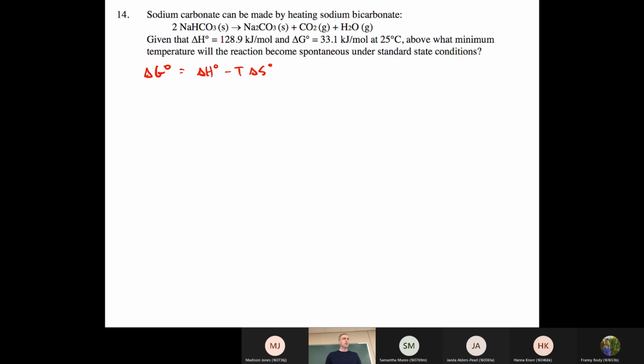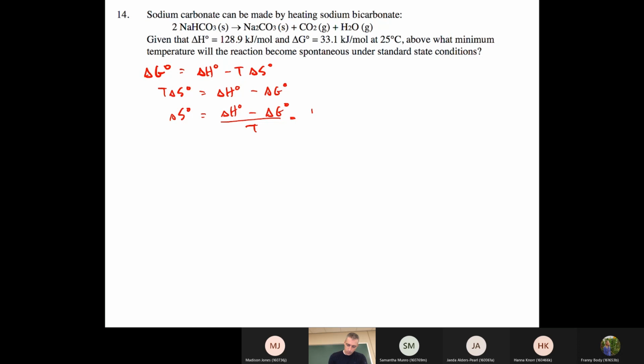And that little 0 means under standard conditions. Everything's 1 molar. If it's gas, it's 1 bar, 25 degrees Celsius. And we need to calculate delta S. So rearranging this, we can say that T delta S0 is delta H0 minus delta G0, and that delta S0 is delta H0 minus delta G0 over T